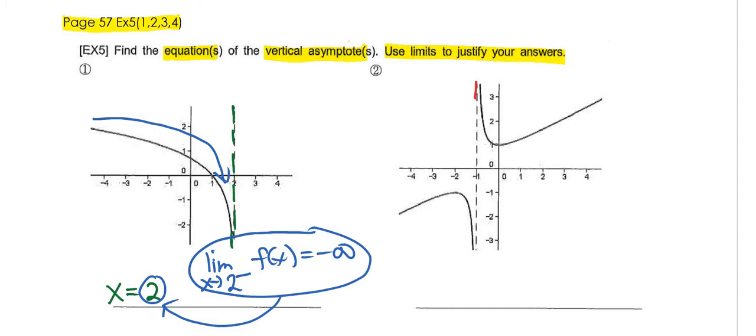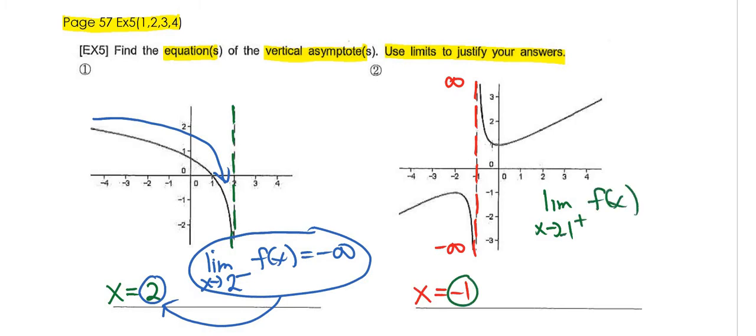And for question number 2, the very first thing you should do is visually find the vertical asymptote, which is x equals negative 1. Then write a limit statement to verify that we're going to positive infinity and negative infinity. All right, so we need to have two limit statements. We need one limit statement as x is approaching negative 1 from the right-hand side. Now, if I'm approaching from the right-hand side, here's the right-hand side, that's going to positive infinity,